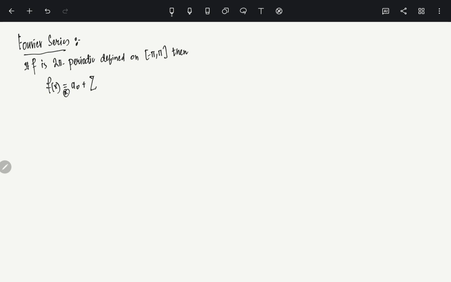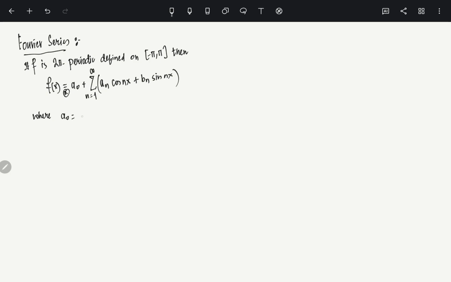We'll see when it is true and when it is not. So basically this is the representation: an cosine nx plus bn sine nx, with n equals 1 to infinity. So f of x can be written like this, where